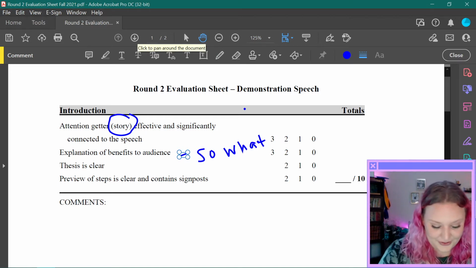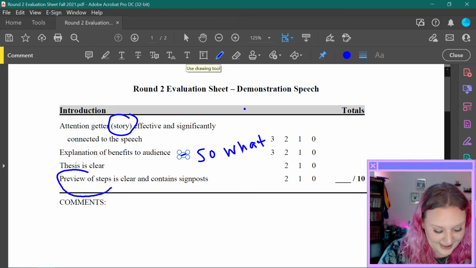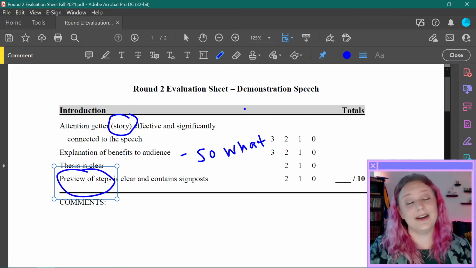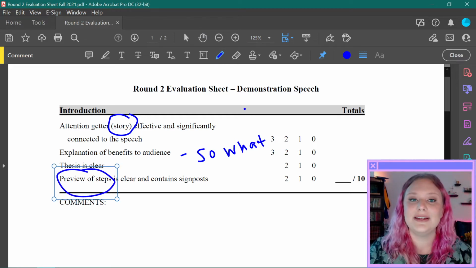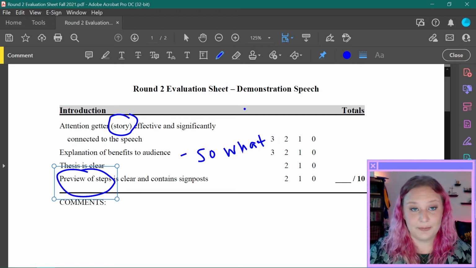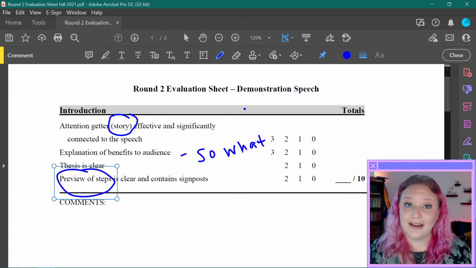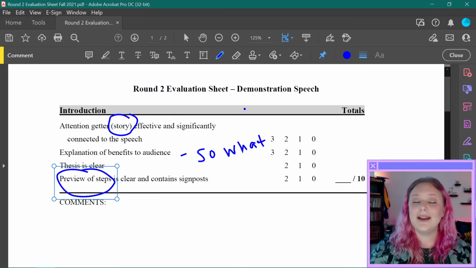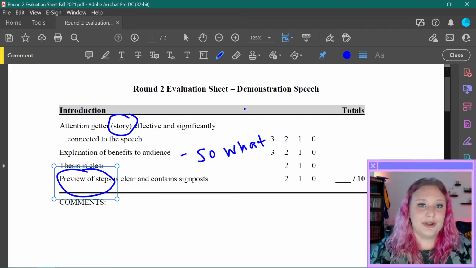Finally, we get to the preview of steps. What I'm looking for here is for you to have broken down your demonstration into 3 to 5 pretty simple steps. Simple as in, you're able to explain them concisely and simply. So what you're going to do is you're going to have them written on the board behind you, and I'll show you where that is in the rubric in just a minute, but you are going to run us through